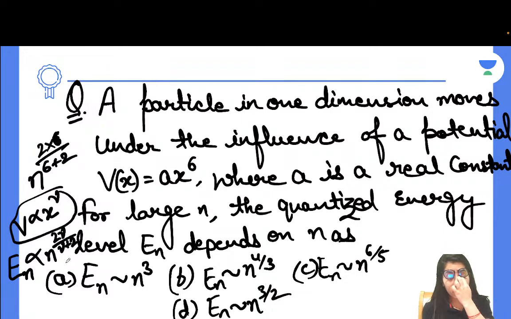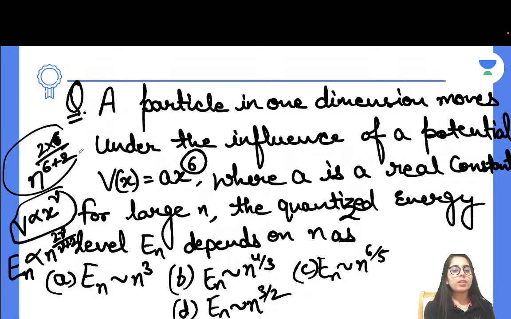So when you consider that part, what is the potential dependency on x in this case? It was 6. In place of nu, I have taken x to the power nu, x to the power 6, right? So it will give you n to the power 2nu, which is 2 times 6 over 6 plus 2. That is going to be 12 over 8. So 4 3s are 12, 4 2s are 8, 3 by 2 is something you are going to get. And that gives you option D as the correct one, right? This is how you can simply find it. Tell me if anybody has any doubt in this part, we can talk about it then.